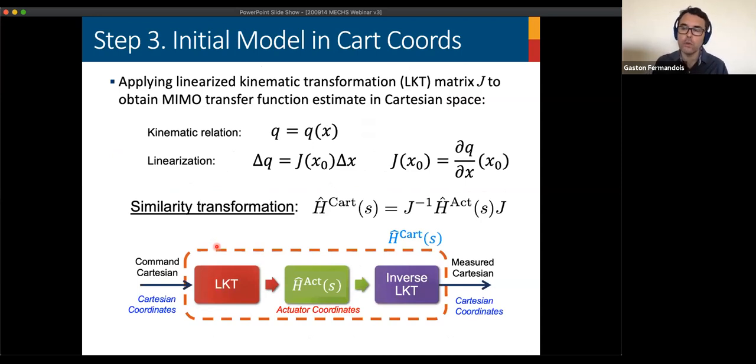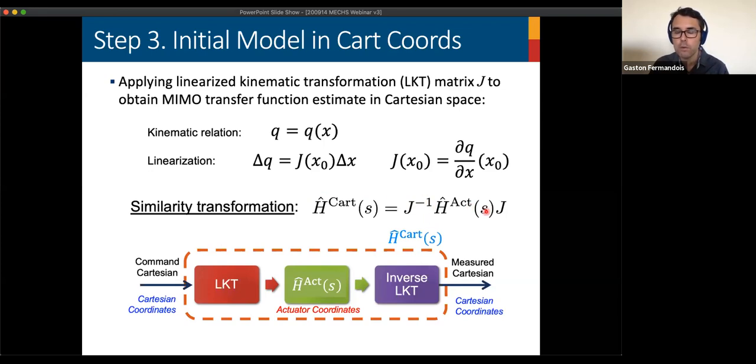Then if we want to get a good estimate of the transfer function in Cartesian coordinates, we start with an initial guess for our optimization through a transformation from our model in actuator coordinates, and we take that into Cartesian coordinates using the LKT transformation, the linear kinematic transformation that I showed before. So through this equation here, we calculated previously the Jacobians of the kinematic transformations, and through